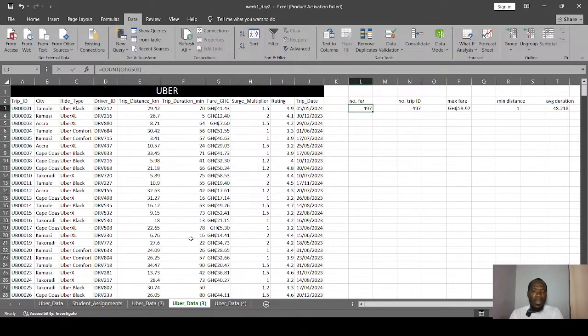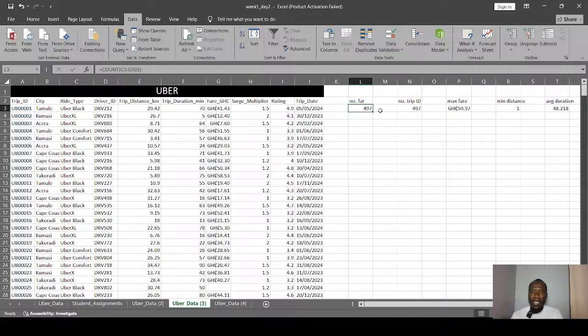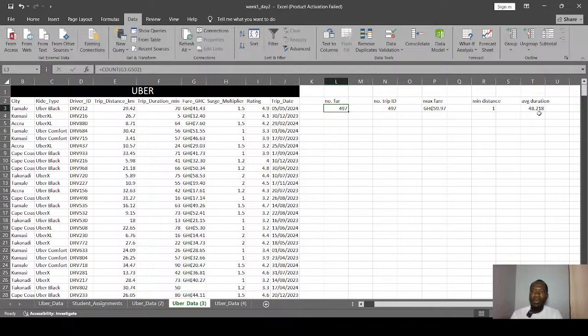Yes, so because the Accra is still in Accra, it will show you as 59.797, right? But if it is in another city and you filter it out, it will not show you this value, and that means you also get this wrong, right? So some of us ended up getting these first two wrong, and then we got this correct, and I think the mean distance is also in Accra. So those who even did the filtering on the sheet still got this correct as well, right? But they definitely got this wrong too. The average, they got it wrong as well.